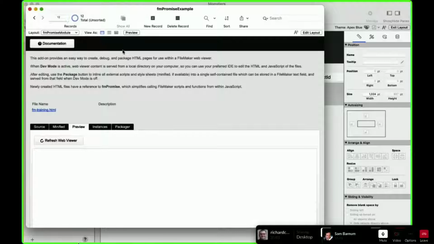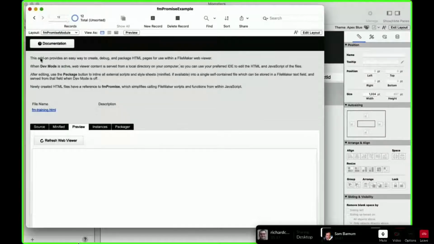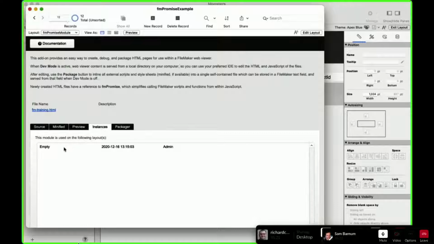And basically, every time you drag a fmPromise onto a layout and you tell it what file name to show, it's going to create a record in this web viewer table. And then it knows what file to display on that web viewer. And if you go to the module FM training, you can go to instances. You can see it was added to this empty layout at 3:15 by admin.